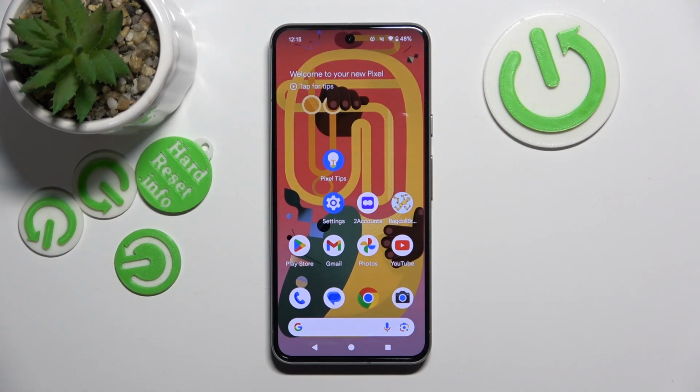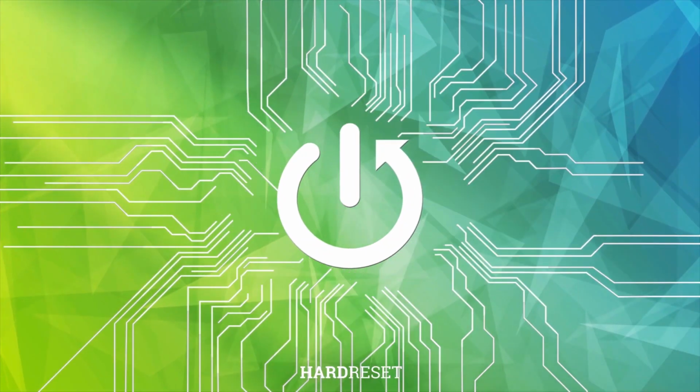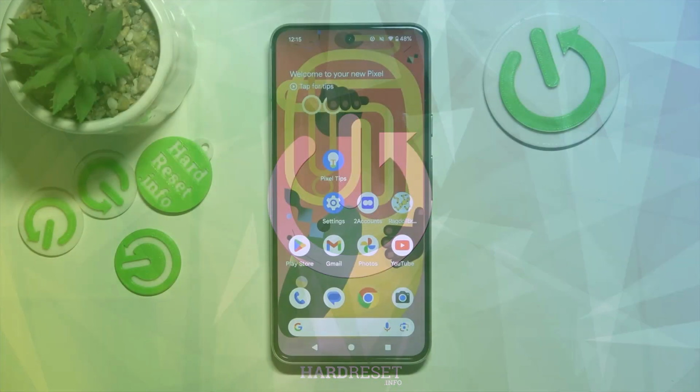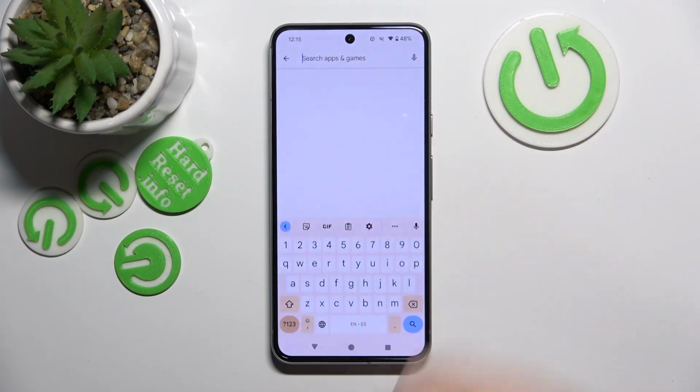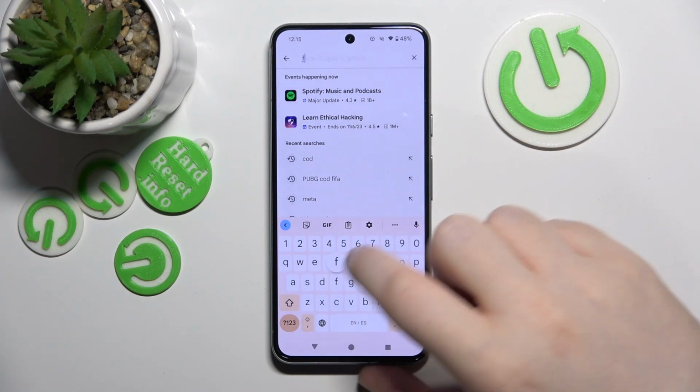Hello, in this video I will show you how to install Firefox browser on Google Pixel 8. So you have to start with opening your Google Play Store. Now click on search bar and type in Firefox